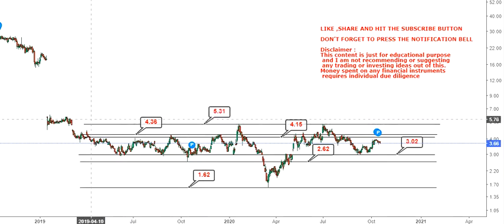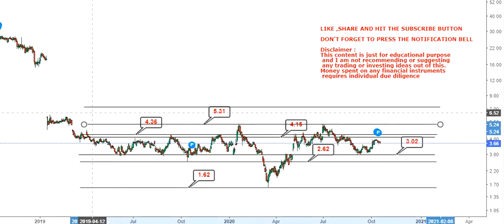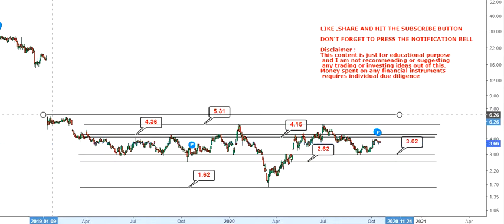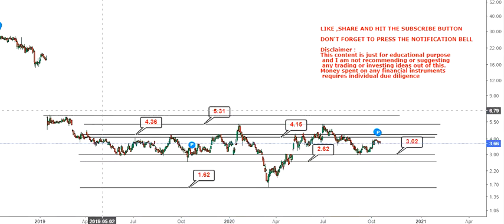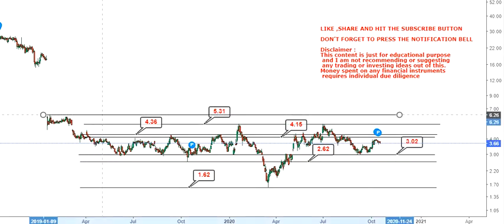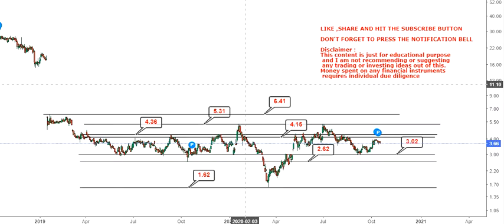Now one more level which you need to look at will be this one. I would say 5.31 will be the final level which one should look at, but I will add one more level which will be 6.41, because